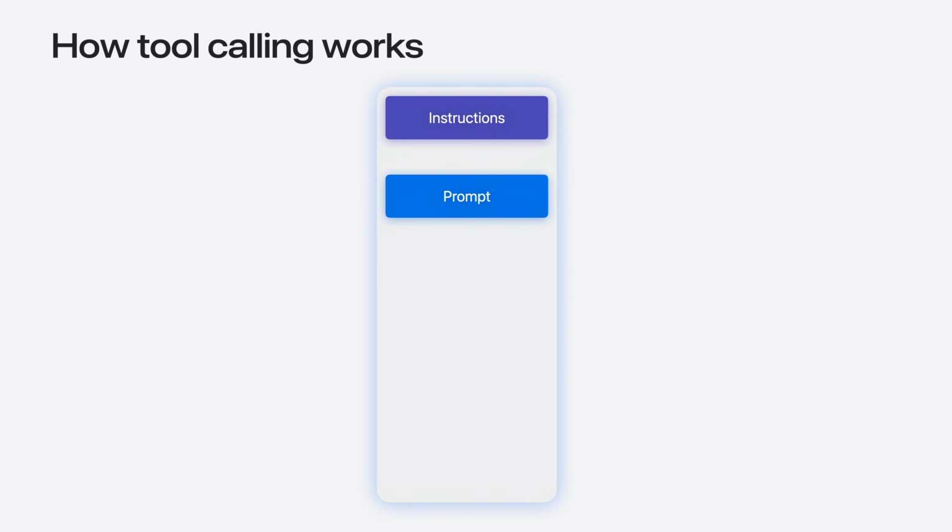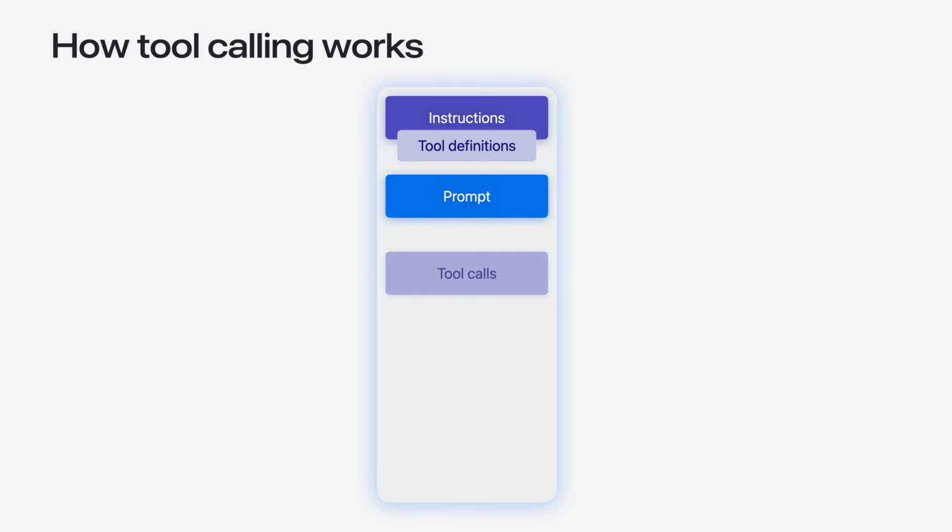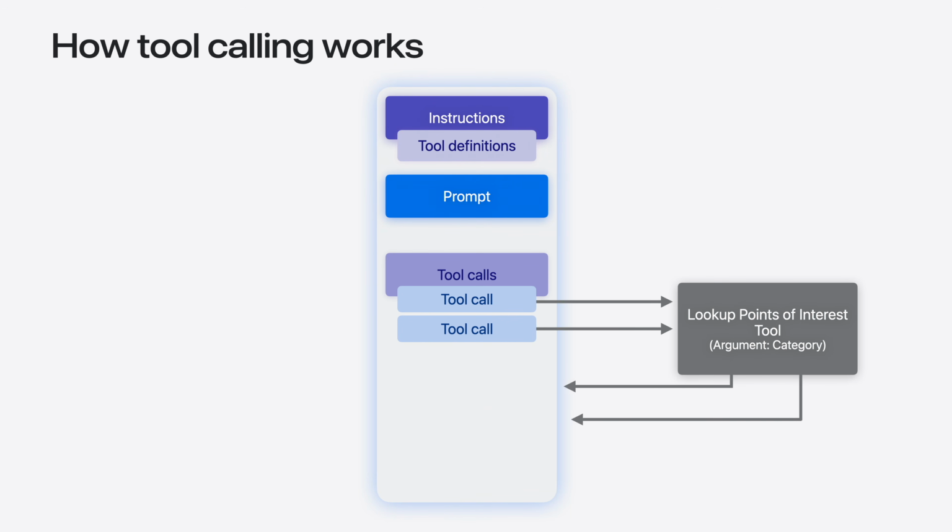Here's how it works. We have a session transcript. If you provided tools to the session, it will present the tool definition to the model along with the instructions. In our example, the prompt tells the model which destination we want to visit. Now, if the model decides that calling a tool can enhance the response, it will produce one or more tool